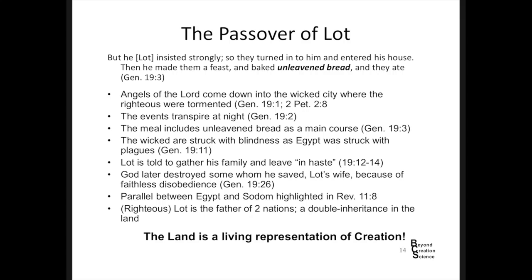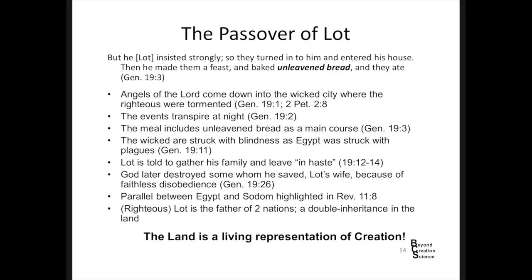You see what Genesis 19 portrays? It is a proto-Passover involving believing Gentiles, the family of Lot. And you can see all these details that are roughly familiar to some stories that come a little bit later in Exodus. The angel of the Lord comes down into the wicked city where the righteous were tormented. The events transpire at night. The meal includes unleavened bread as a main course. The wicked are struck with blindness, just as Egypt was struck by plagues. Lot is told to leave in haste, and God later destroyed some of those whom he saved, Lot's wife, because of the